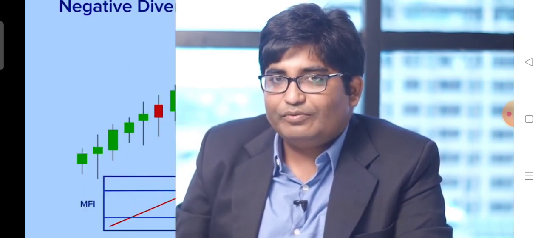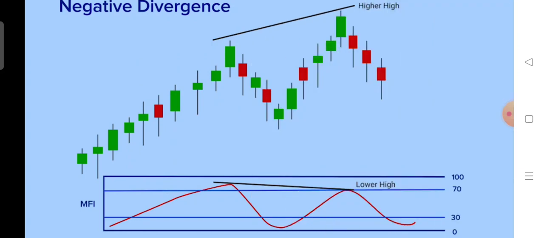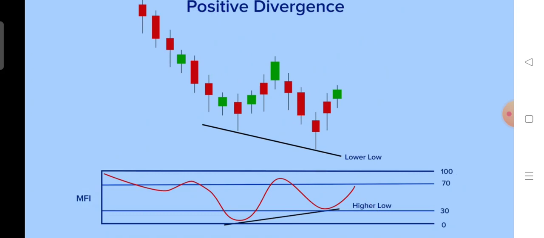So in an up move, if we find that the stock is making higher highs and the indicator is not able to make higher highs, vice versa in a down move, the price is making lower lows and the indicator is unable to make lower lows, then there is divergence. And not all divergences actually succeed, but it is important to look at divergences because more often they succeed and provide good trading opportunities.